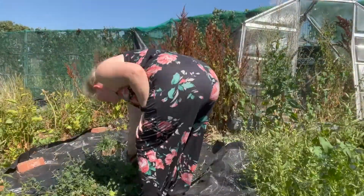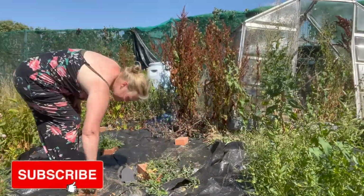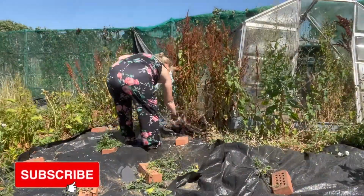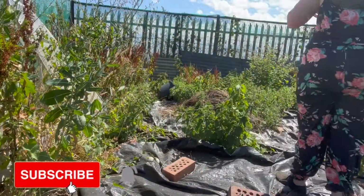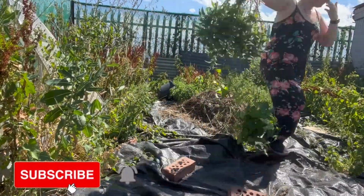Okay, so when I started this little project, I thought to myself, oh, I'm totally going to go down the allotment and it's all sorted and all I have to do is plant these beans. And I come here and I forgot that it is overrun with weeds, sorry. So what I'm doing here is just clearing out the tarped area. I just threw a tarp over this so that it was really wild, just to get rid of the weeds,